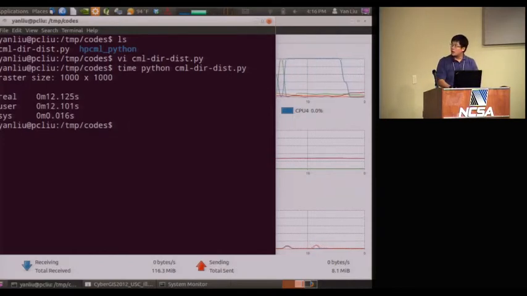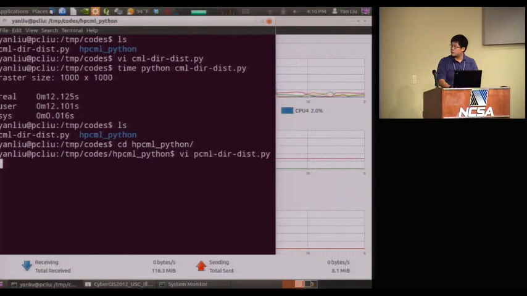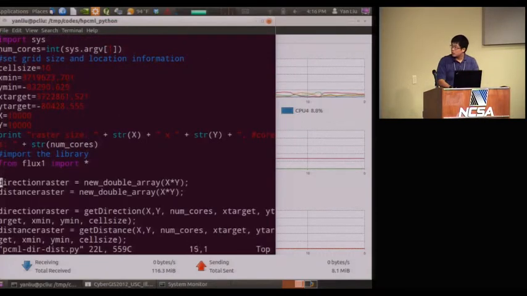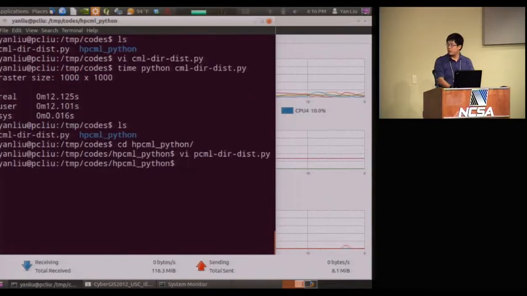Now, we developed a high performance CML operator. In this, the script is the same, so it's from the user. If I look at it, these are the two operators, the same here, but we linked to our library. Nothing should be changed by the user, but if I run it,